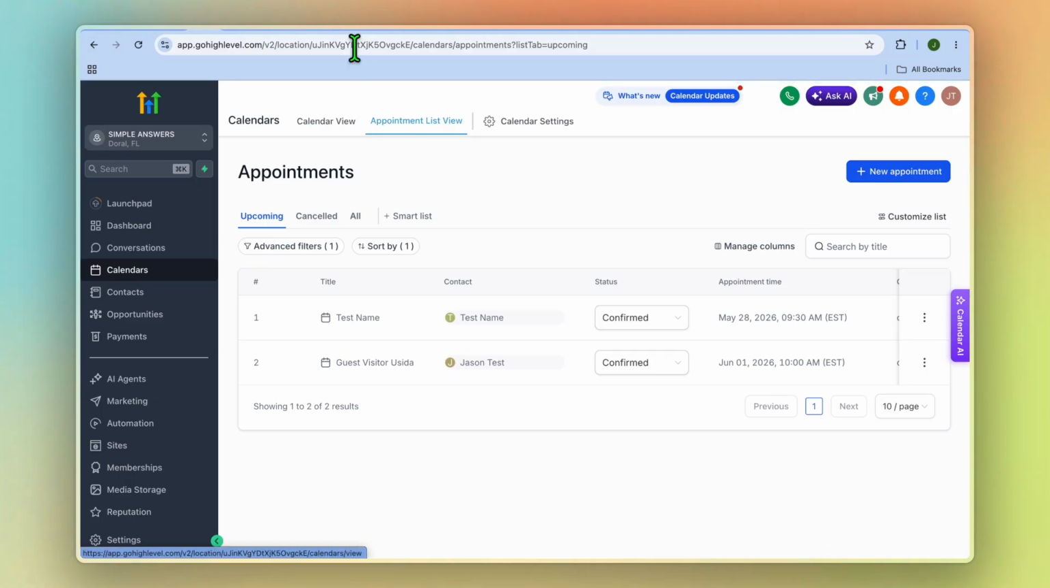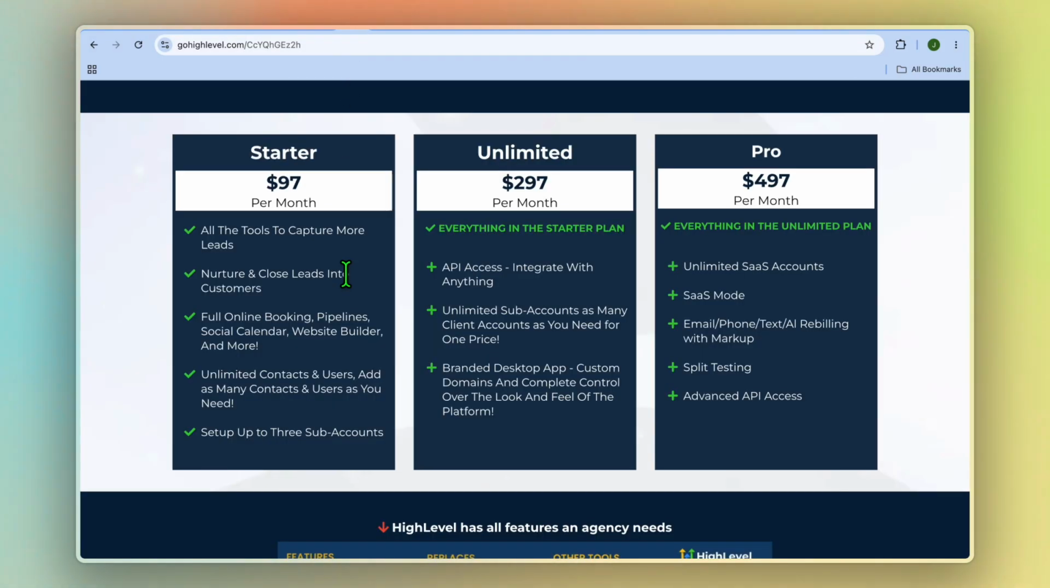With GoHighLevel, while you can get started for completely free, your monthly plan begins at $97 and it can go up to